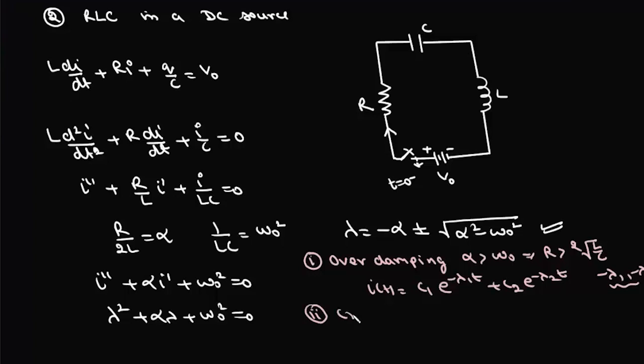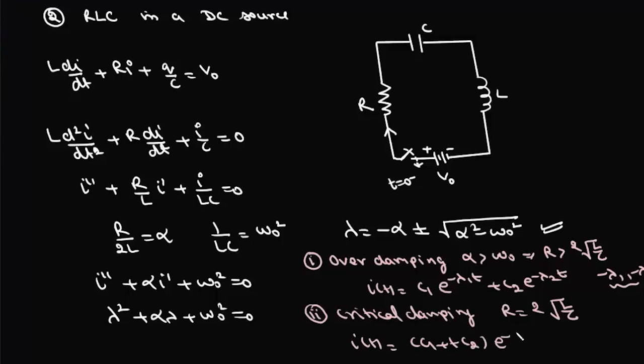Second is the case of critical damping. In this case, R is twice the square root of L by C. Here i(t) will be of the form